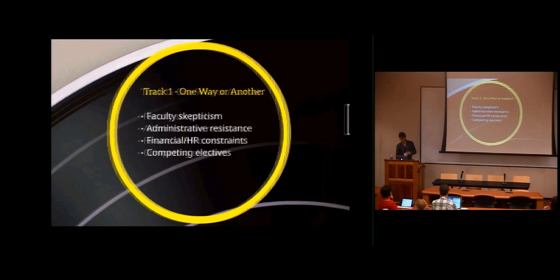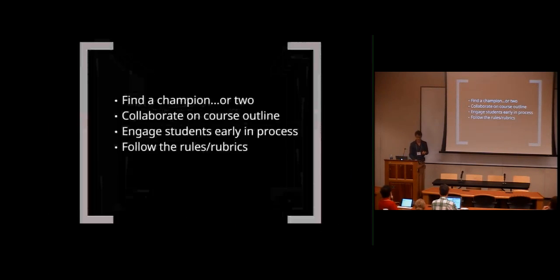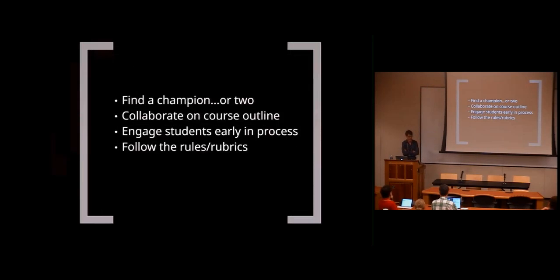So with that in mind, here are some things that Steve and I did to make it easier. And I always use this with any major IT projects that I've done over the years. It's always important to find a champion, or two, or three. If you can get a faculty member on your side, you're going to get a lot farther than if you're just the IT person or the law librarian going to the dean with an idea. And we don't have a lot of really technically savvy professors at Carolina. I hope I'm not hurting anybody's feelings, but I think most of our faculty would agree. But there are pockets.